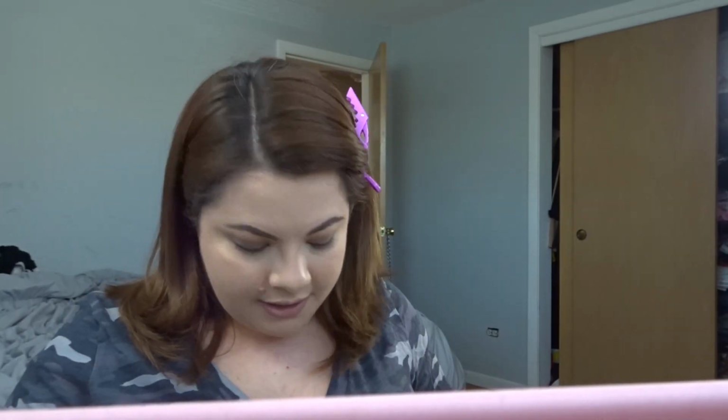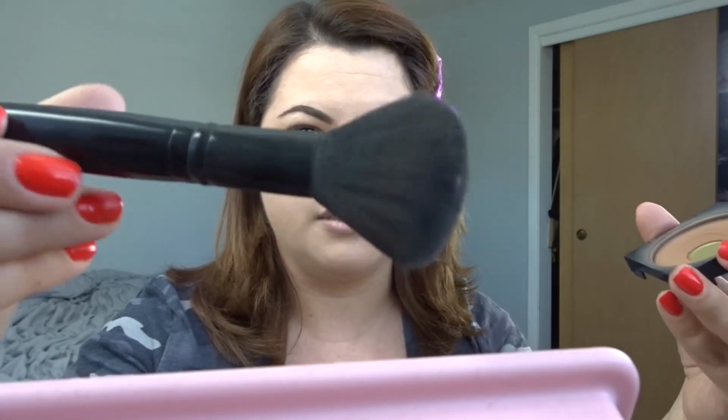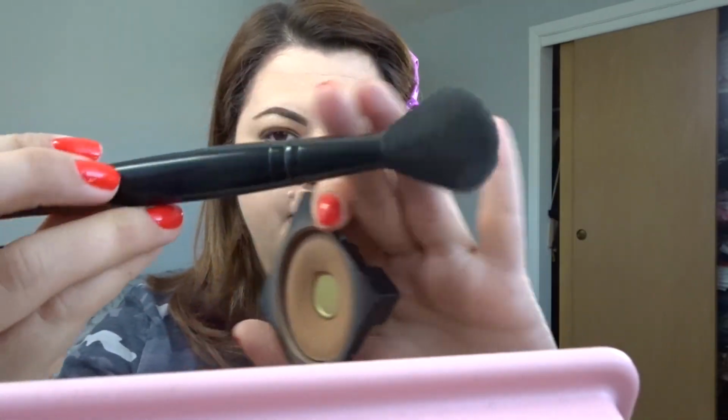I'm gonna take a bronzer. Right now I'm gonna take this Chanel Beige. This is the brush I've been using to bronze. It's just like a fluffy brush, and I just kind of swirl around. Always tap off the excess, and then I just